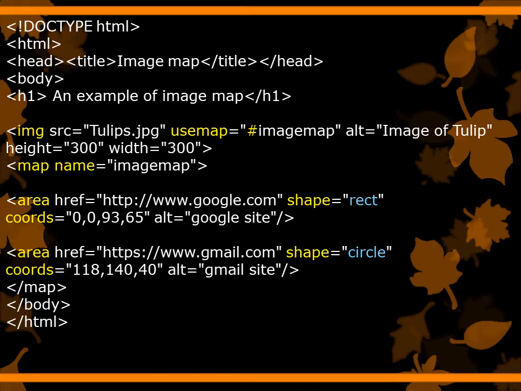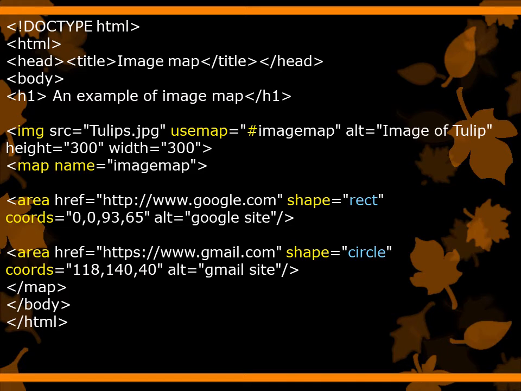The image tag consists of the name or path of that image, then the usemap attribute, its height, width and alternative text. Then the value of the name attribute in the map tag and the usemap value, both values are the same.